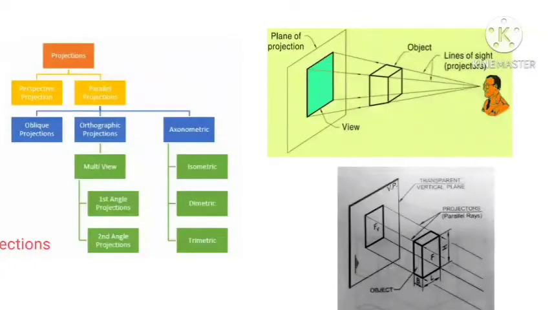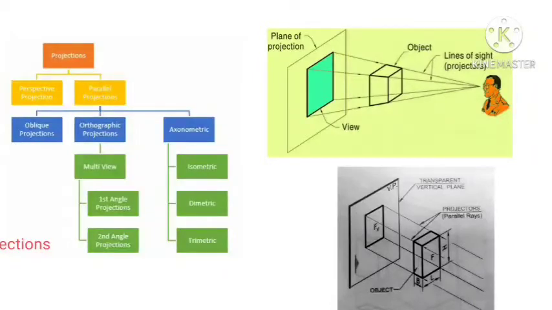So coming back to this, as shown here, the first image I showed, right? The light rays converging from a point. So that particular projection is called perspective projection. Whereas as shown here, if you make the lines parallel to each other, you will get a projection, right? So that particular projection is called parallel projection. And under that there are many types. So we will go one by one.